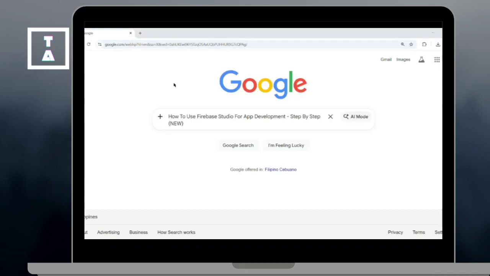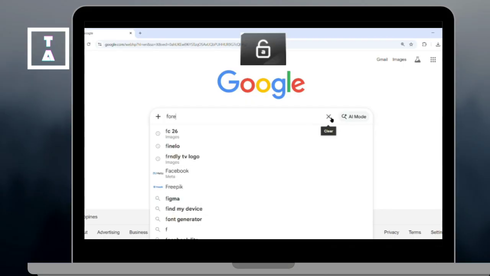Hey everyone, in this video, I'll show you how to use Firebase Studio for app development. Let's get started. First, open your browser and go to